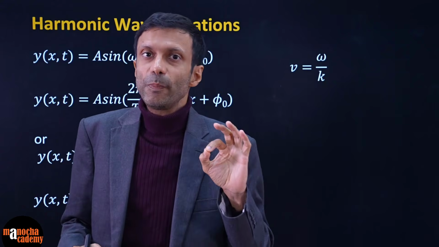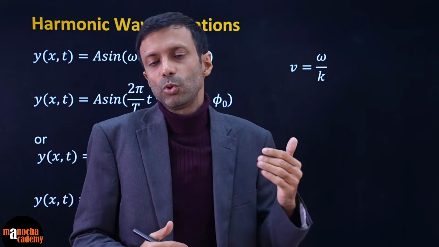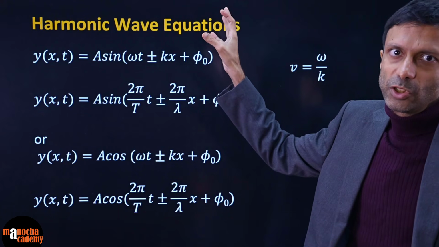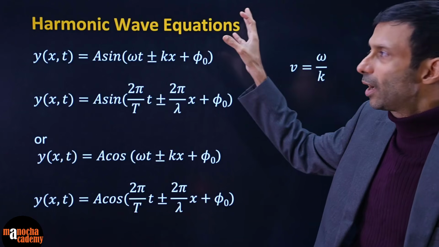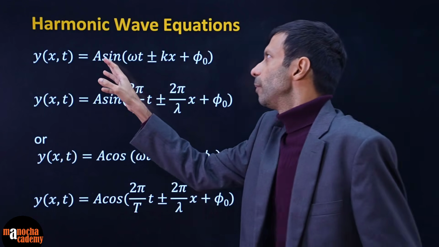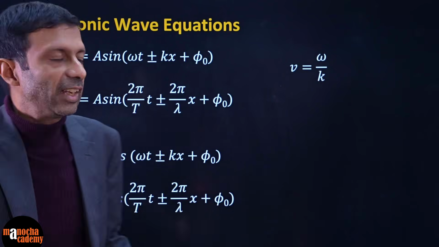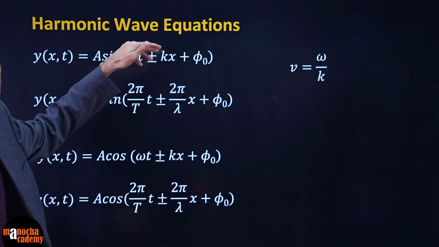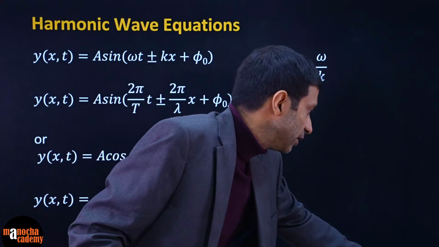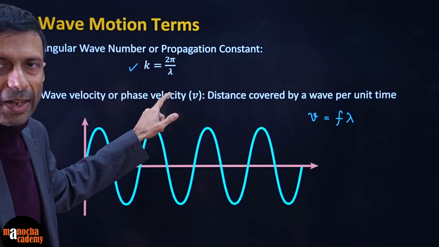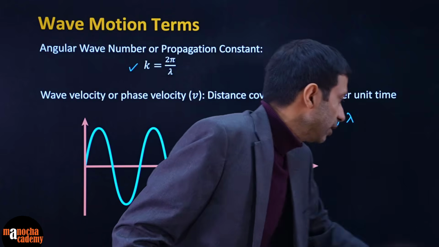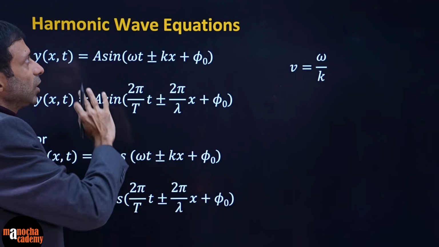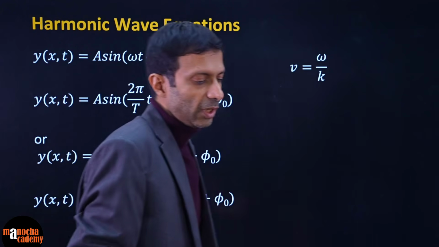Before we come to the electromagnetic wave equation, I'm going step by step, let's quickly discuss the harmonic equations we have studied for harmonic waves. Remember it was of this form: A sine omega t plus minus kx plus the initial phase. A is your amplitude, omega is your angular frequency, and k is that propagation constant I just showed you, 2 pi by lambda. So these are the equations that we have done.